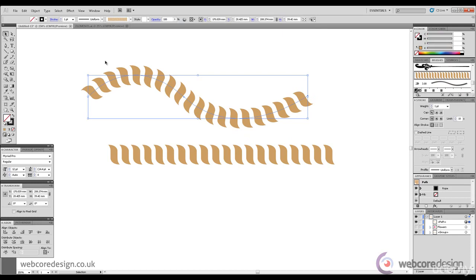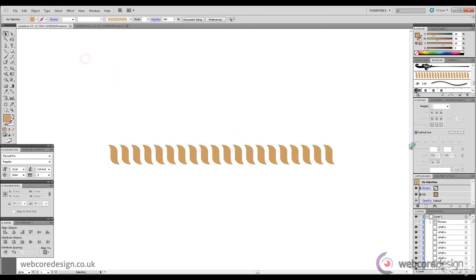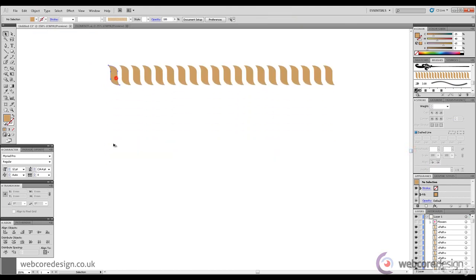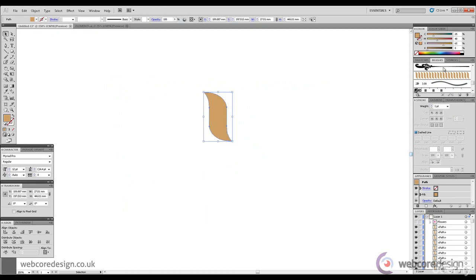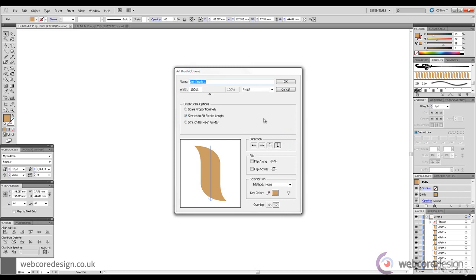So I'm going to delete this wiggly line, select this length of rope, I'm going to go to Object, Ungroup, and with Shift and Alt I'm going to copy a shape out of that. With that shape highlighted, I'm going to go to the Brushes panel, top right hand corner, click New Brush. I'm going to select Art Brush once again, I'm going to click OK. Now as you can see, rather than a series of these shapes, we now have just a single shape. So I'm going to name this Rope Brush,